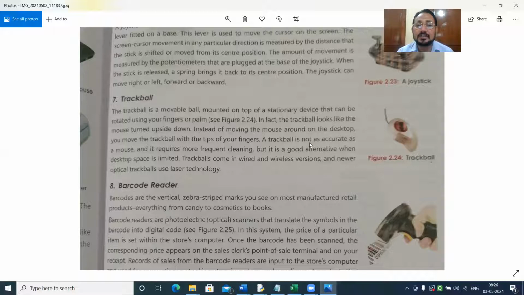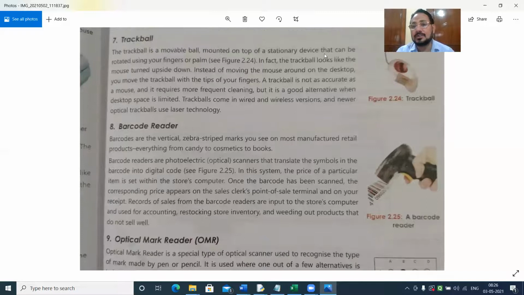A trackball is not as accurate as mouse and it requires more frequent cleaning. But it is a good alternative when desktop space is limited. Trackballs come in wired and wireless versions, and newer optical trackballs use laser technology. So this is the figure of trackball.